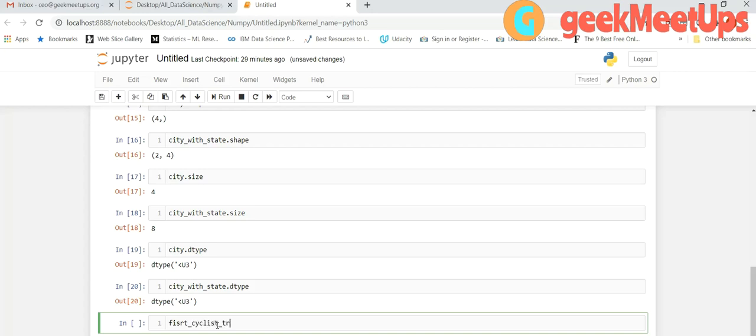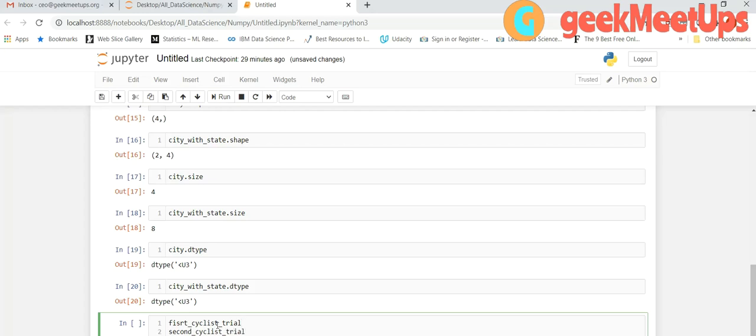cyclist trial, and I am taking another array as second cyclist trial.